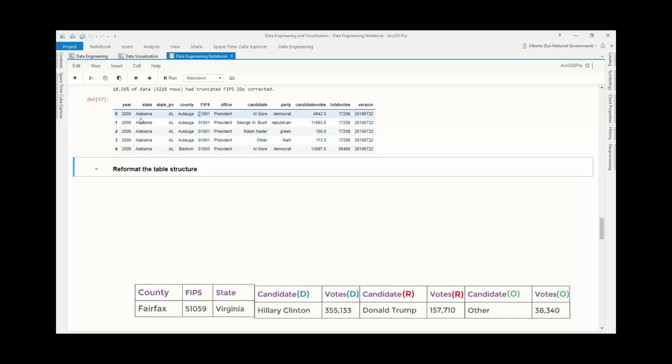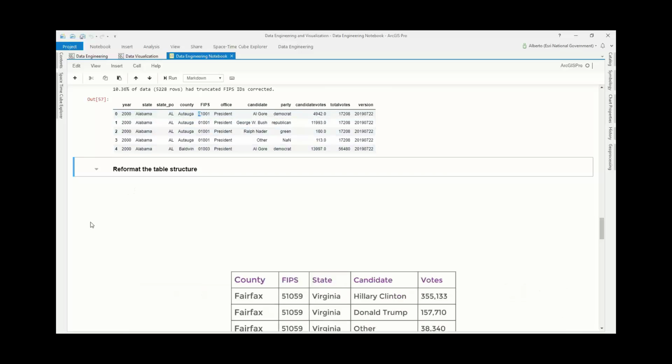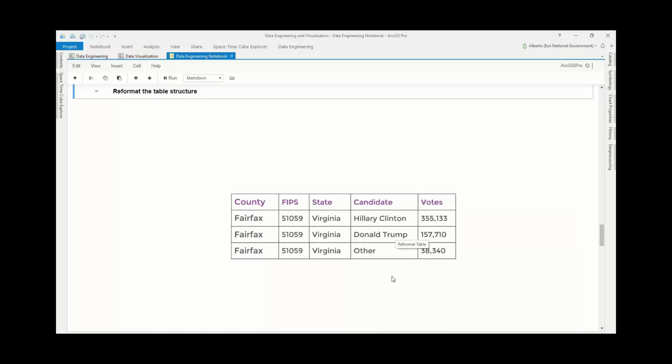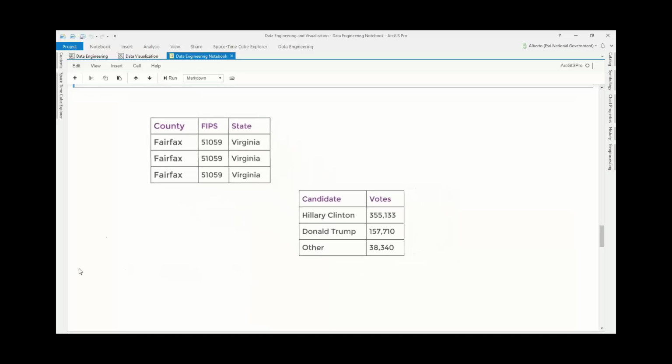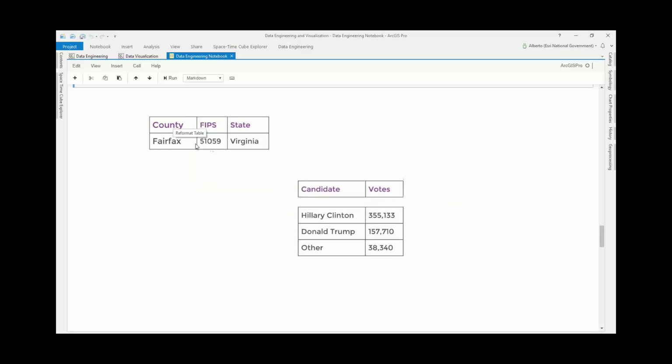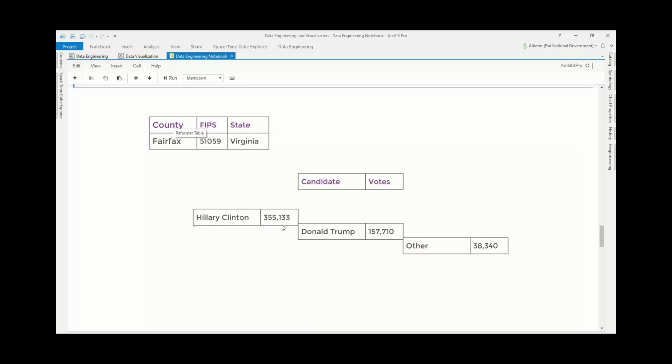And what we need is each record to correspond to each county individually, and the fields then to contain the different candidates and the different amounts of votes that they received. So if you look at this animation, this is going to highlight what we need to do. We need to take the county FIPS, remove the duplicates, then pivot the rest of the fields so that they